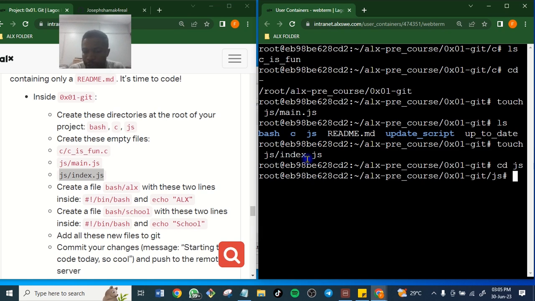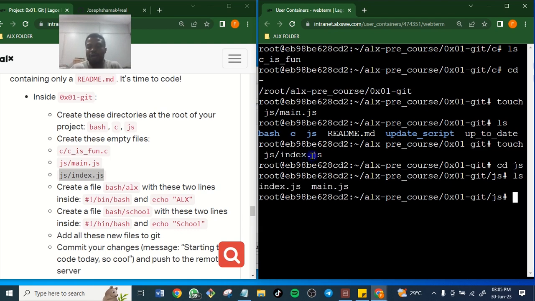Enter. So we are now listing with ls. So you see what I'm saying? Index.js is inside your what? Your JS file. And main.js is also inside your what? JS file. Good. So if you want to delete your JS, it's just like you want to kill a pregnant woman. You have to first of all kill the baby inside. So JS is pregnant of what? It's pregnant of index.js and main.js. So anytime you want to remove it, you have to first of all cd into it and remove the file that is inside before you can delete it.